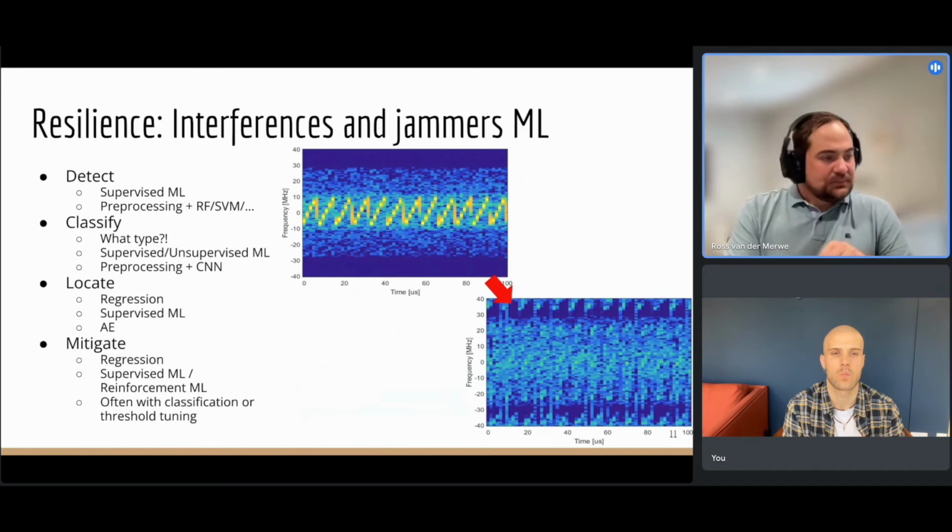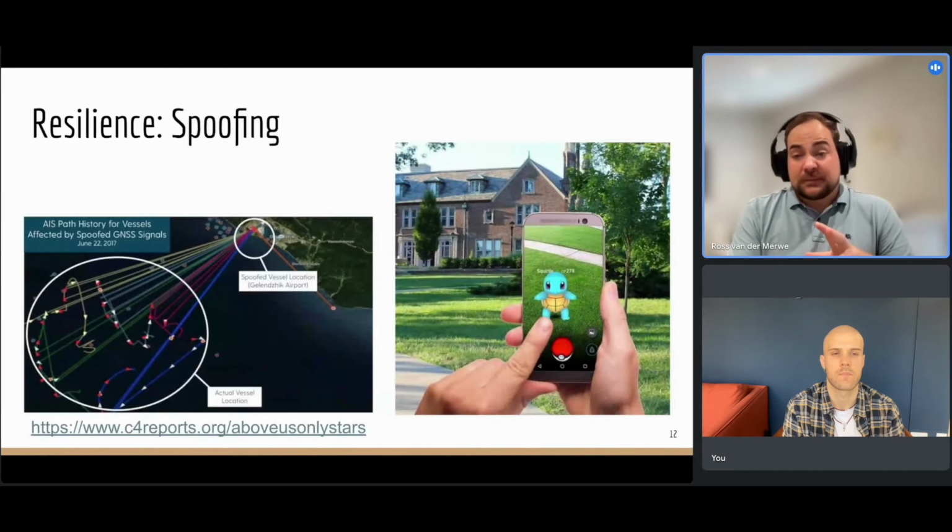So now I can go on to the next problem. This is spoofing. Now, spoofing is also somebody transmitting a signal which is wrong. But instead of transmitting an arbitrary thing trying to disrupt GNSS, you try to transmit a fake position. So the idea is you capture a GNSS receiver, and instead of your receiver saying, I'm driving on this road, it suddenly tells you, no, you're driving on the other side of the world.